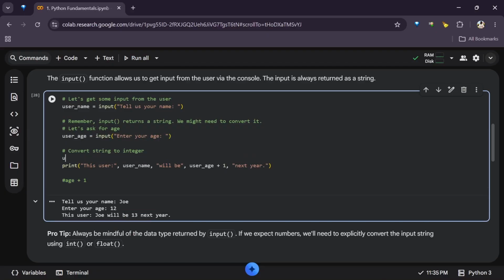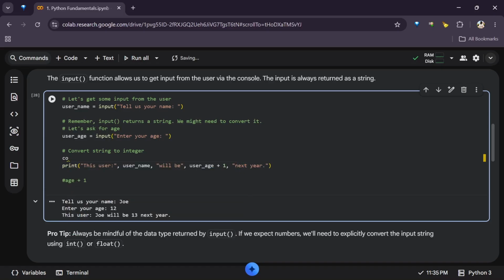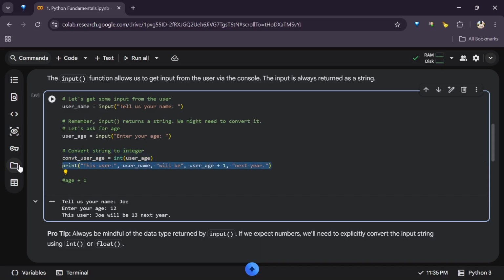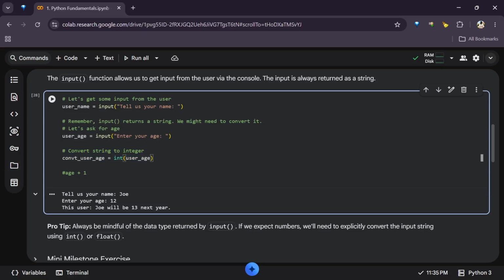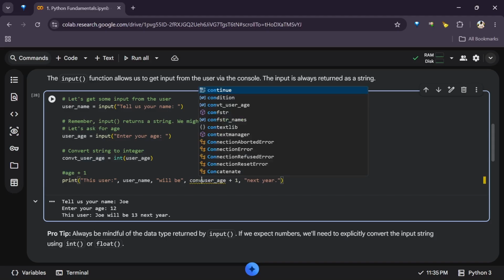So we can say converted_user_age is equal to int(user_age), then close the bracket, right? Then this is where we output it, and we also print the user age plus 1. So here will no longer be user age, it will be the converted version of the user age.